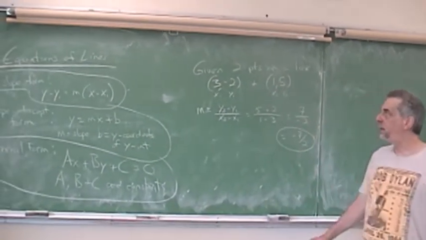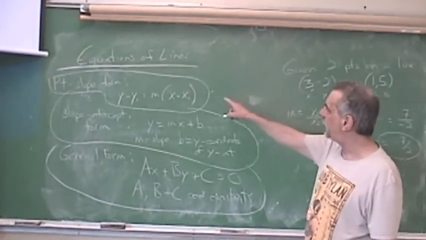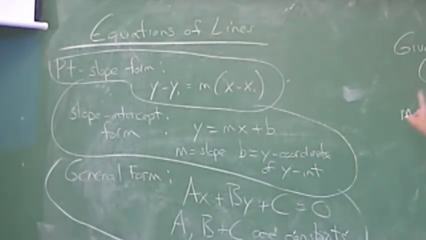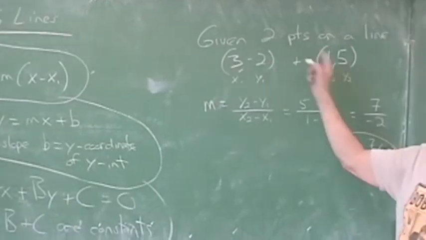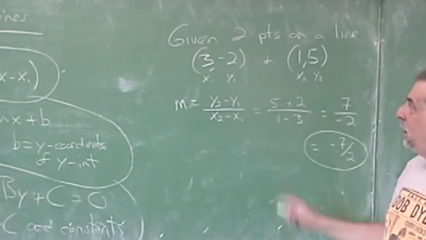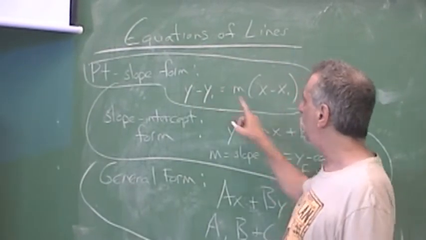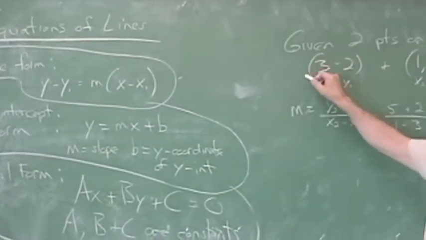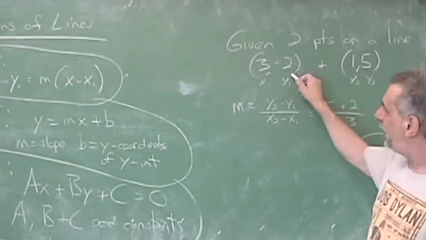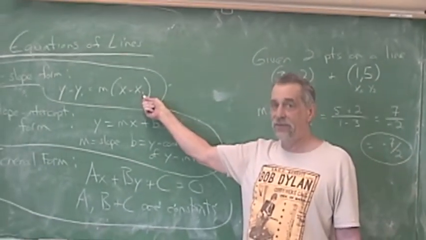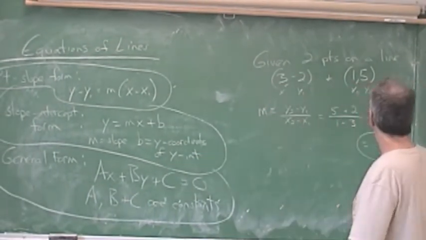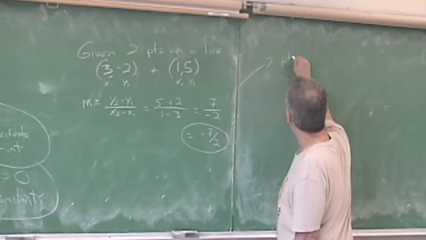So what we're talking about here, the x1, y1 here is either one of these points, right? Because we could have chosen either one to be x1, y1. So that's what you're putting in here or here. So for point slope form, depending on which point you use, you're going to get a different form of the point slope. So here, point slope form,